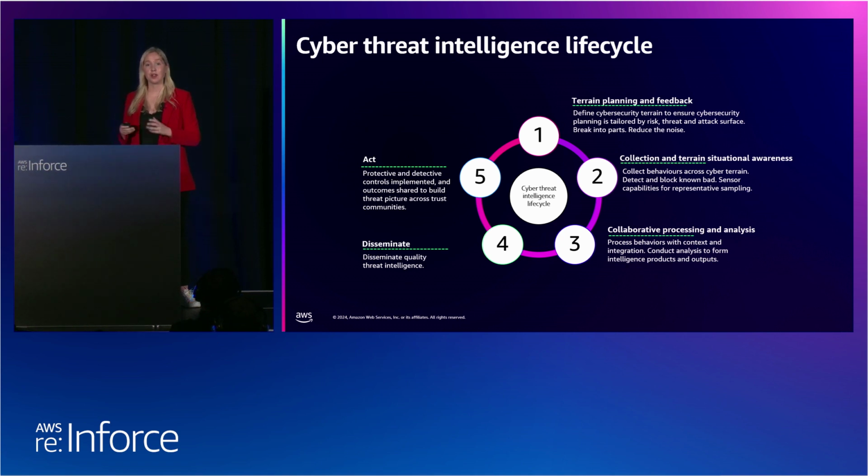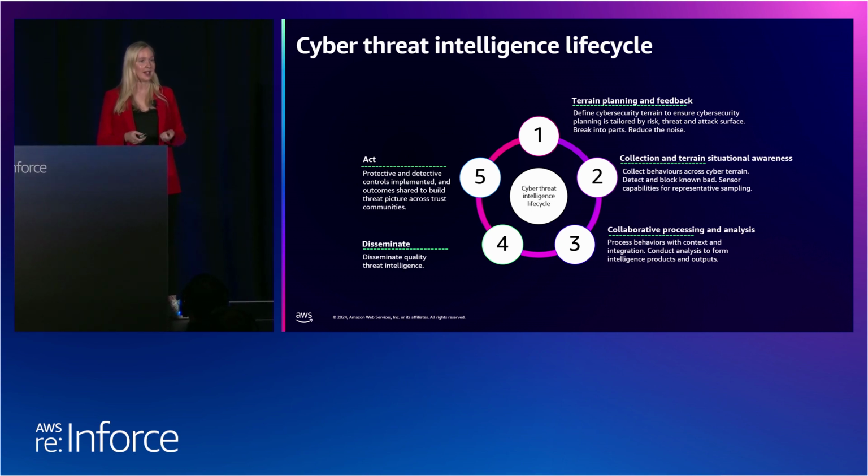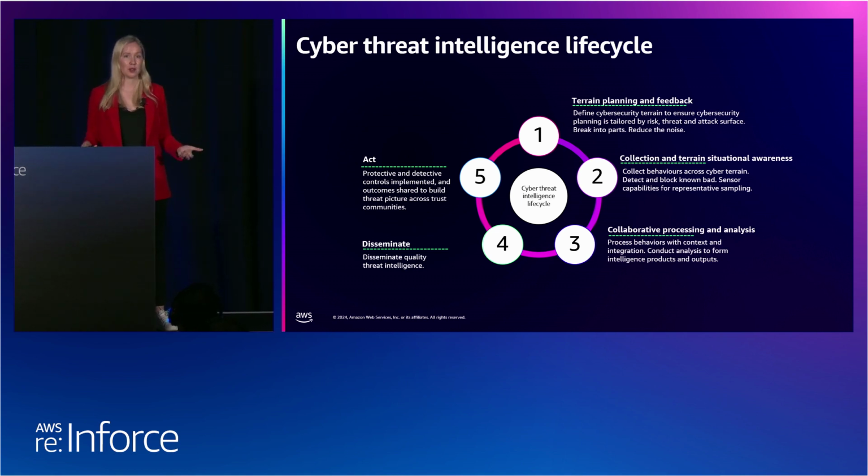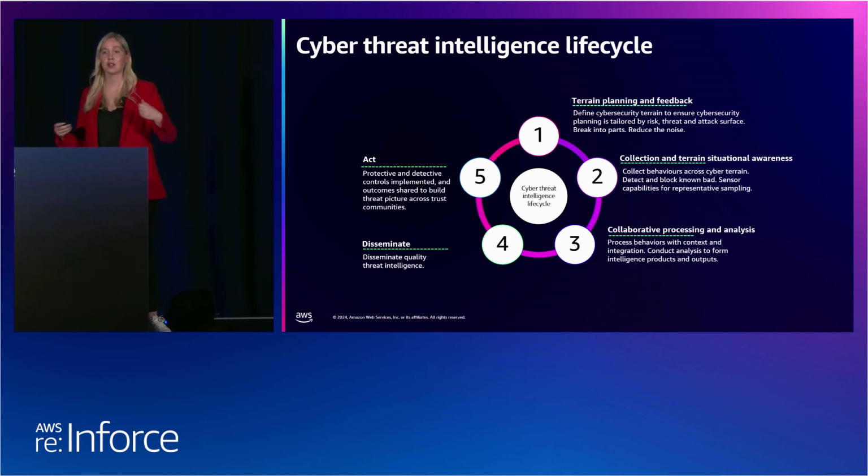And this is what you do within your organization, but again, within your trust communities. And that's how you can use context to get data into intelligence. Next, we need to be able to do something with it, whether that's sharing across internal teams or out to your trust communities. Then you need to do something about it, so it needs to be actionable. So if we do this life cycle well, we have 3 key results here. The first is that we generate high quality CTI that is relevant.